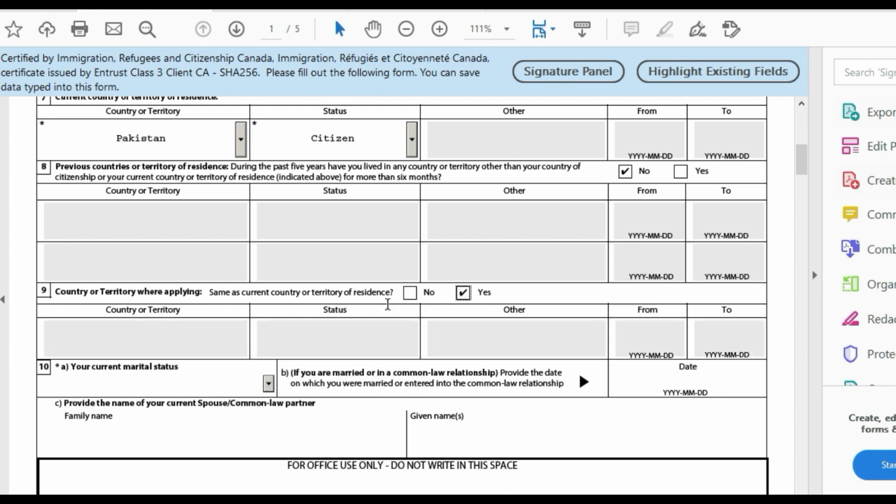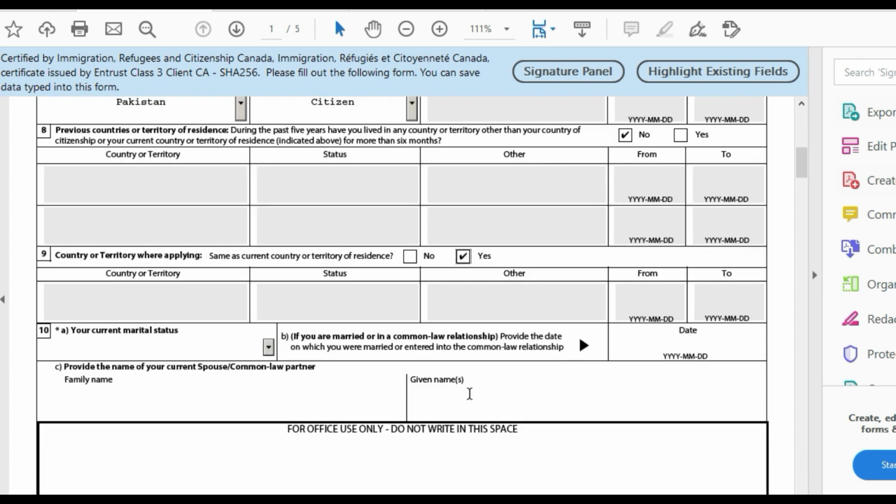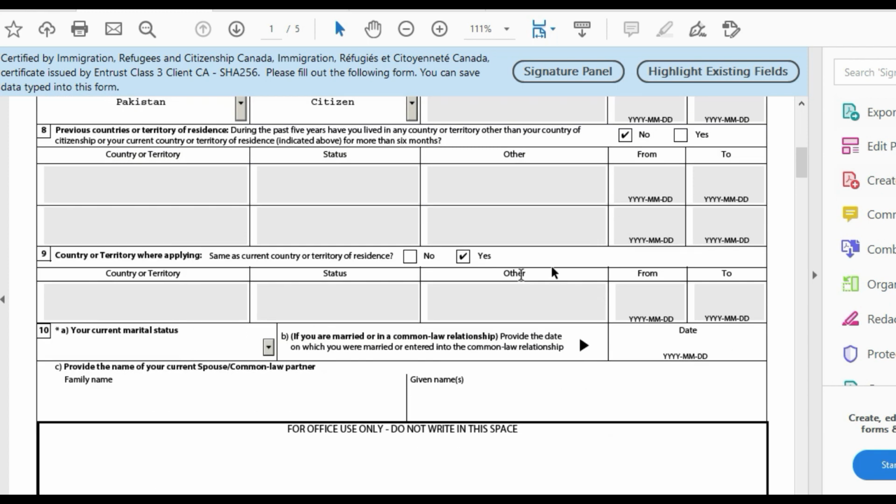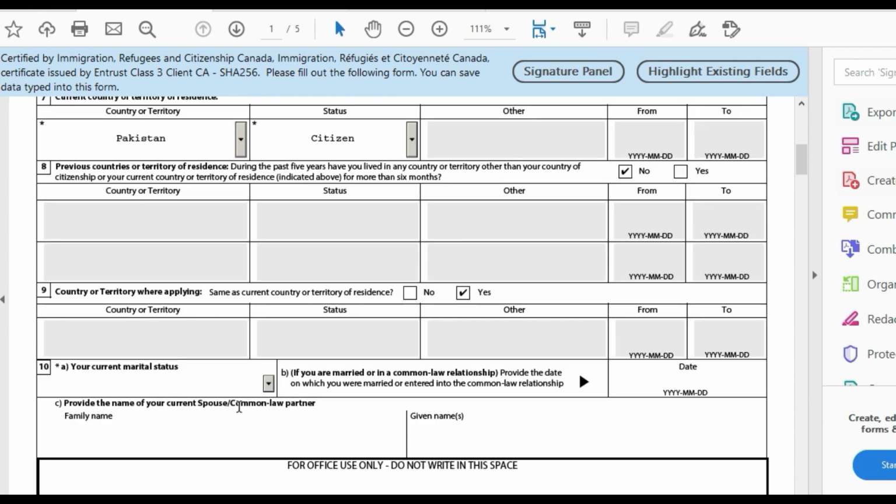I have to say yes, because I'm applying from Pakistan, so it is the same country or territory. Sometimes your citizenship is Pakistan, but you are applying from another country like Japan, Abu Dhabi, Sri Lanka, Malaysia, Hong Kong, Argentina, wherever you are, you can apply.